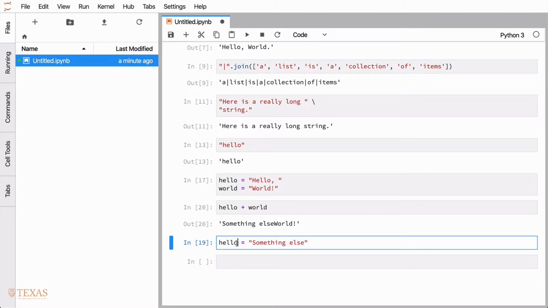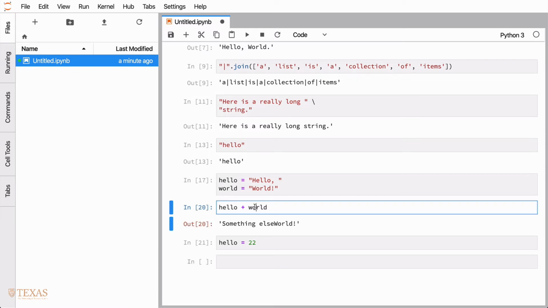So the fact that I named it hello is completely arbitrary. It doesn't correspond in any way to what's actually stored in the value. It's completely arbitrary. And again, that's why you could store 22 there. Now, if I were to add these two things together with this syntax,